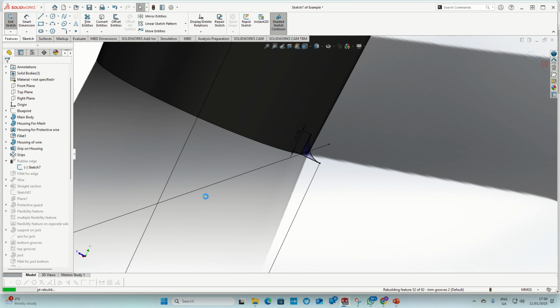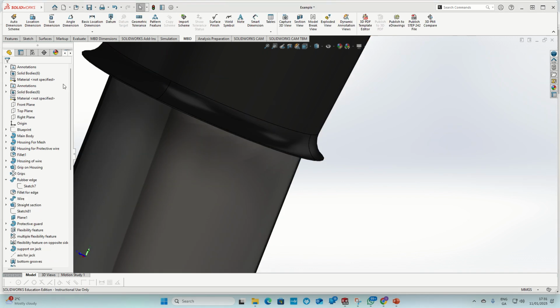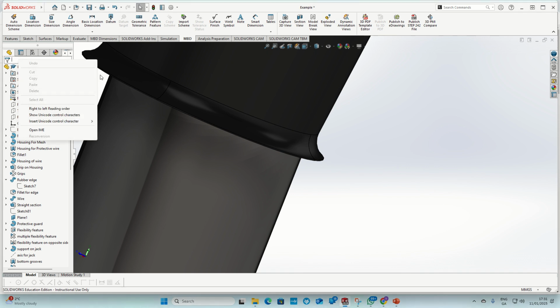But what do you do if you have loads of them, or you only have one or two and you want to try and find them quickly now that your project deadline is looming? So I'm going to show you how to quickly find them. If I go up to my feature manager here and I right click,